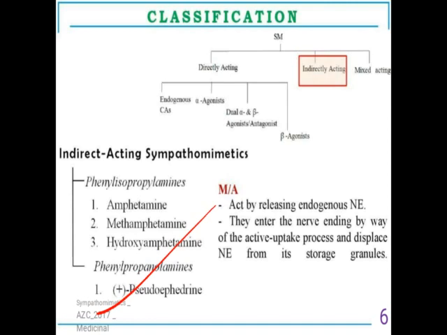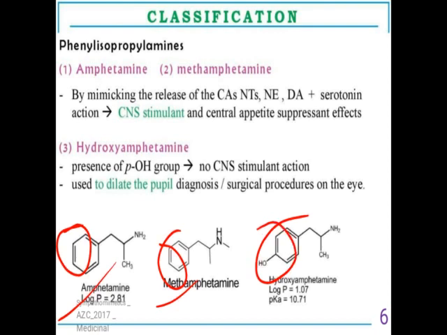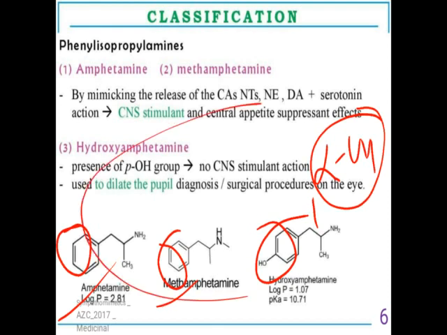And the second one is phenylpropanolamine. As they lose the catechol nucleus, they become indirectly acting agents. You can see the structure of amphetamine. There is no hydroxy group. In methamphetamine, no hydroxy group. Here there is a hydroxy group, but it lacks the alpha hydroxy group. So in the structures of all three, the alpha hydroxy group as well as the catechol nucleus are not present. That's why, instead of being alpha and beta selective, the drug becomes more indirectly acting